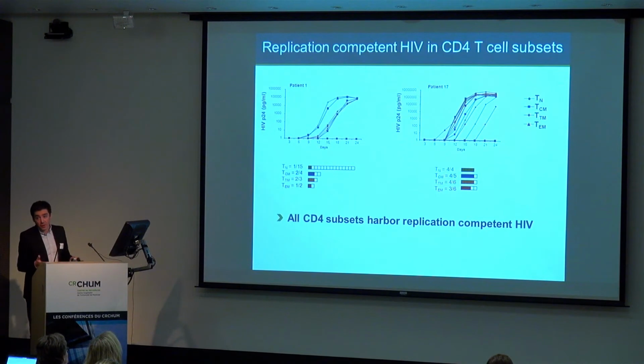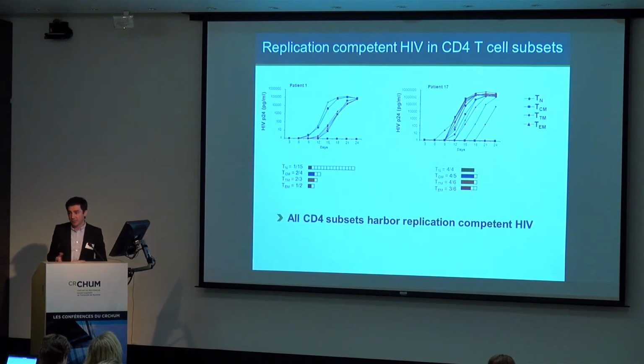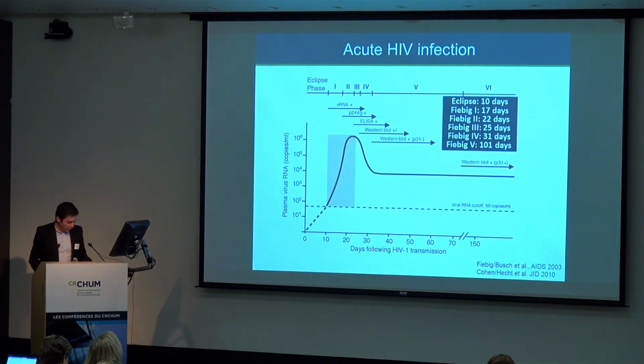More importantly, it was not only integrated HIV DNA, but we were actually able to grow virus from these cells by putting them in culture and activating them. We were able to show that the virus can actually replicate in these different subsets. So the first data I'd like to show you are the ones we